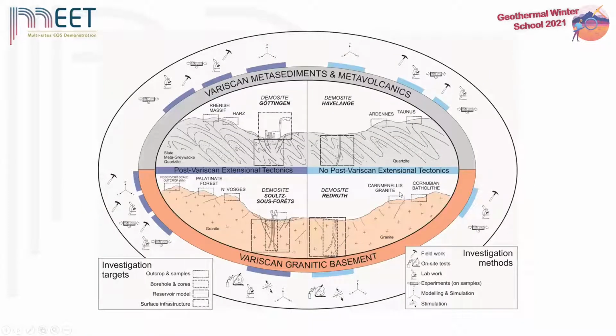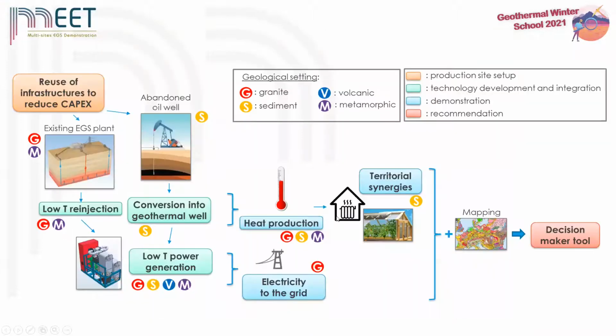So two kinds of geological environments are targeted. The basement, either Variscan sediments and volcanics, and Variscan granitic basement. But also in the sedimentary basins, we'll show how we can reuse infrastructures to reduce the capex, as we saw